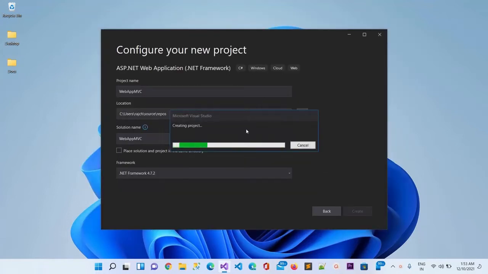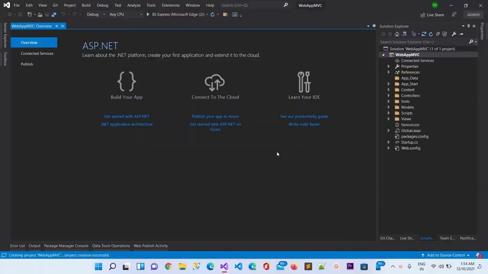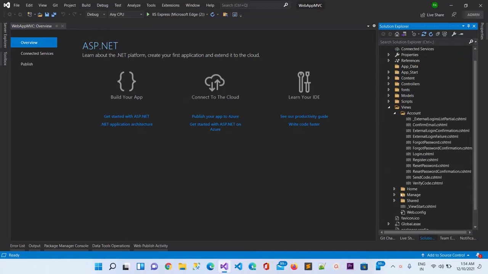Now it will create the application, so wait for that. You can see Visual Studio has created the project with individual user account code. All the views are available here related to account, home and manage.